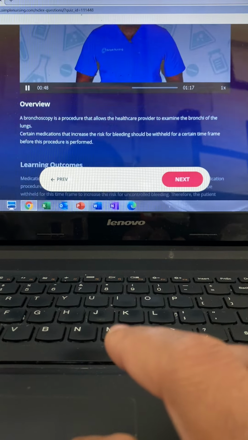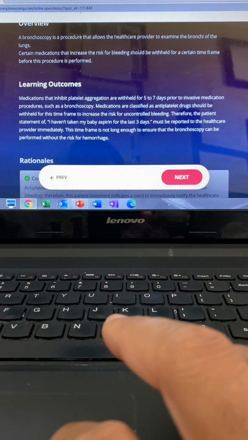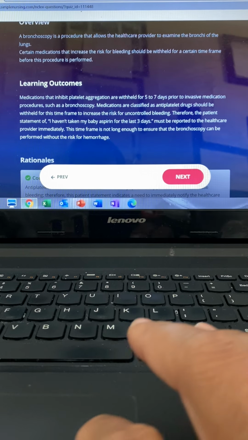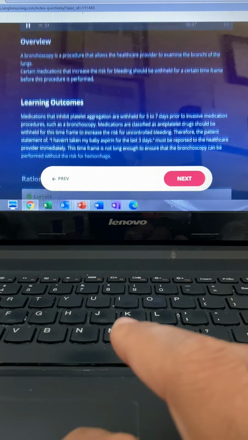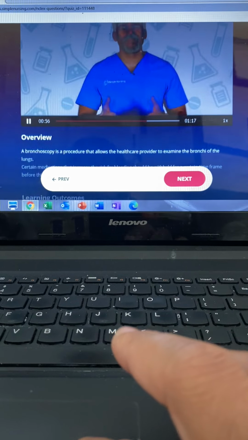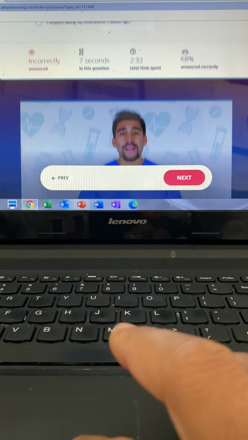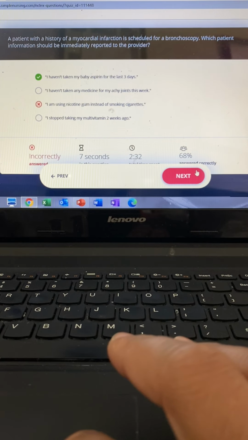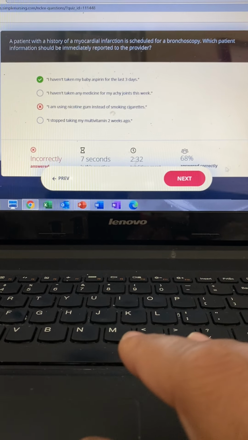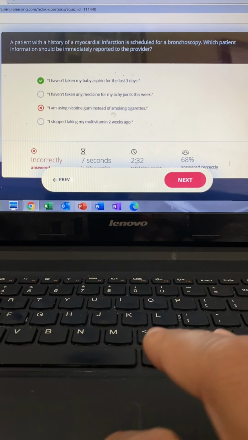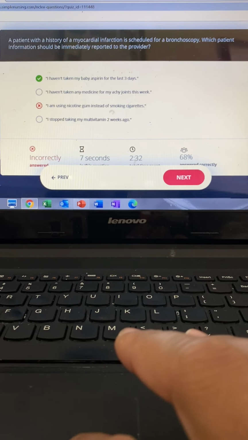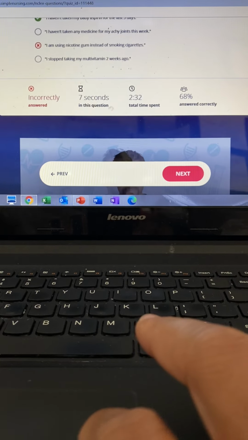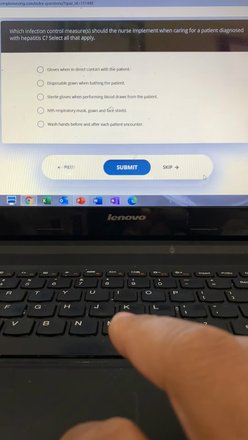Now option 2 is incorrect. No medications for achy joints. Guys, that's likely an anti-inflammatory aid, which is okay because there's no bleed risk there. And options 3 and 4 are incorrect. Nicorette gum doesn't include a risk for bleeding. And option 4, you should take an MVI, but guys, it's okay for surgery. No risk here. Okay, that wraps it up. For more